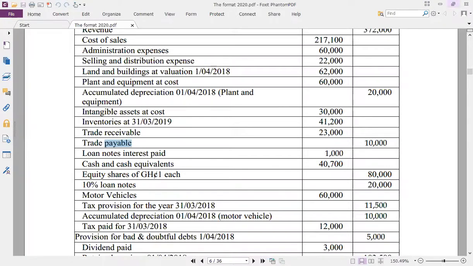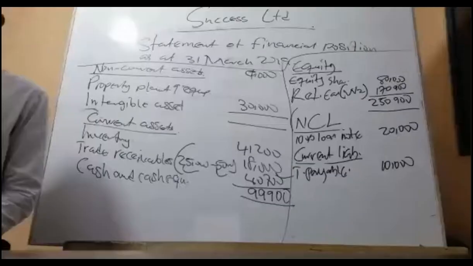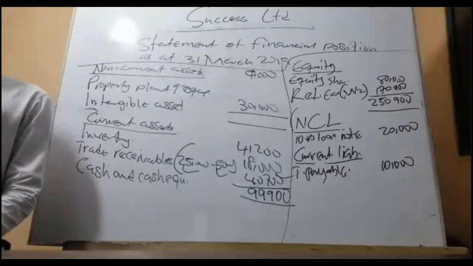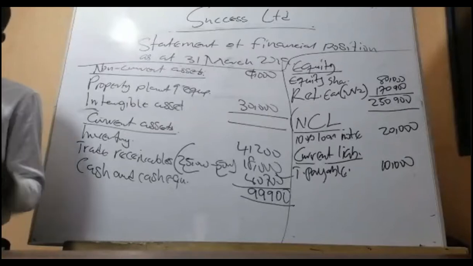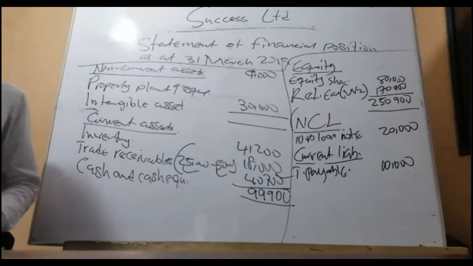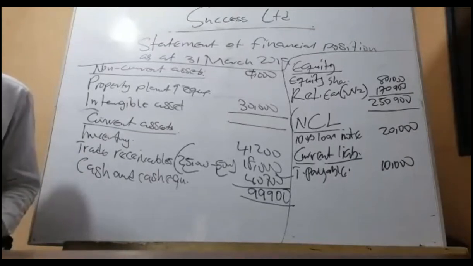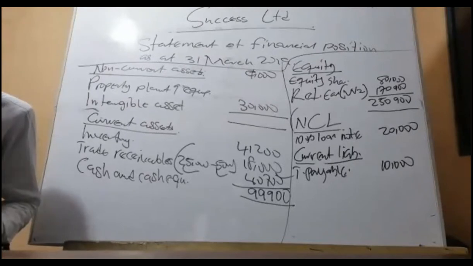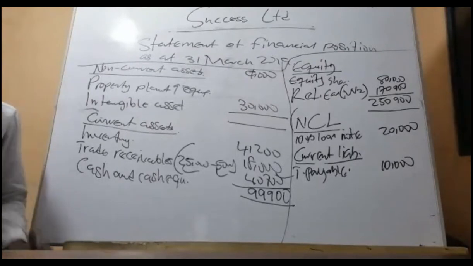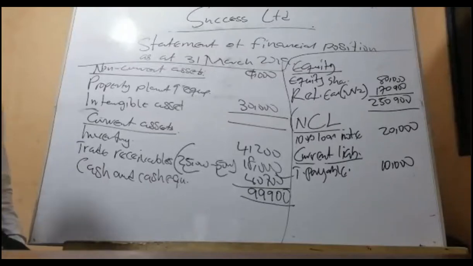What about the loan note interest owing? Out of the 2,000, how much have they paid? They paid 1,000, right? So they are owing, and we said that one was a current liability. Someone said it right on the page. Yeah, it's true. They're giving me two suggestions. In fact, it's the interest of thousand. Good.